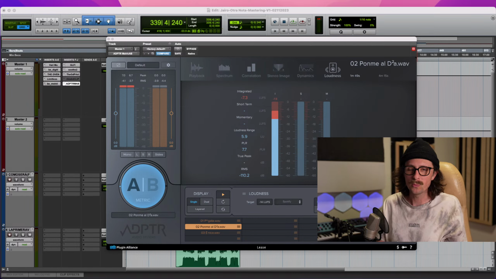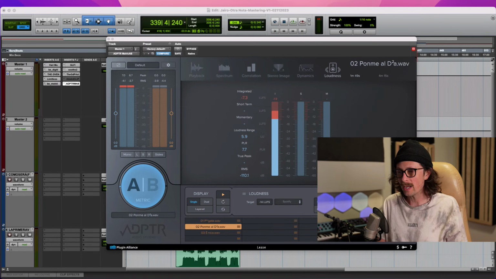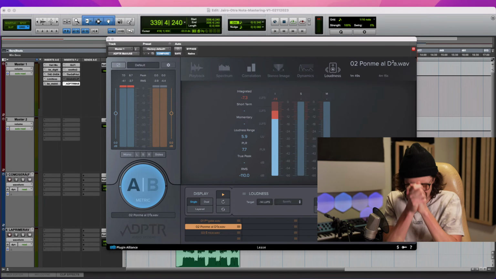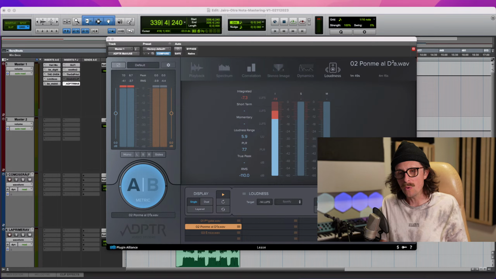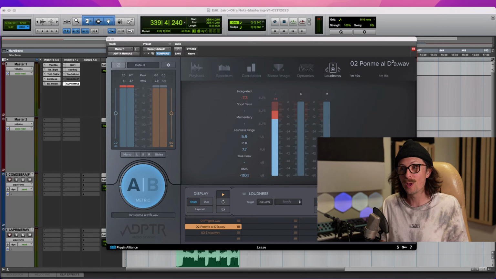But LUFs are really a target of the mids and highs, right? It's the vocal range. And some records just don't need that. You guys have to get this through your head. You don't need to hit -5, -4, -3. I have records where I've mastered them to -3.3. You know what I'm saying? Really loud. Haunted by You, I mastered that to -3.3